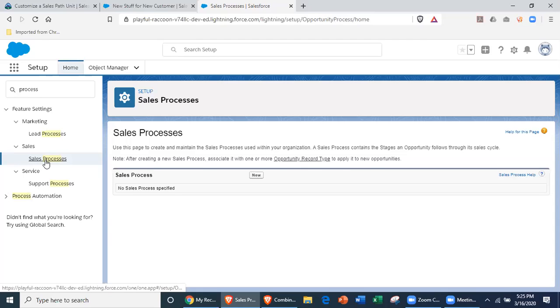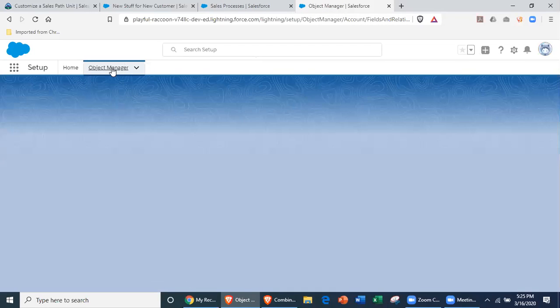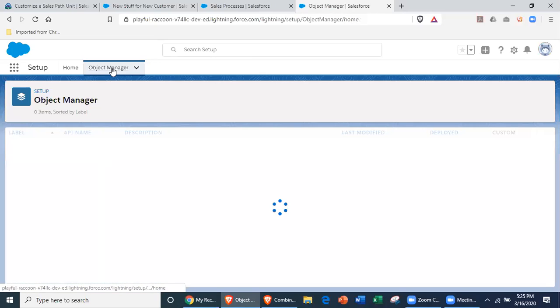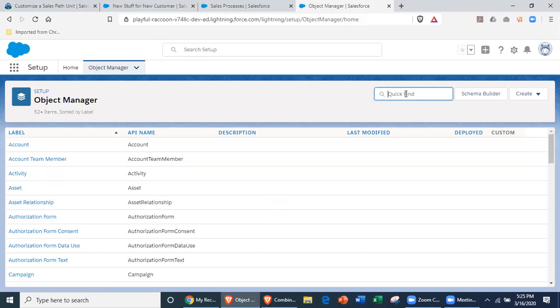And because, remember what record types do. Record types allow you to assign page layouts and pick list values to different types of records in the same object. Well, a sales stage is a pick list value, but it's not your normal everyday pick list value. Let me show you this real quick before we go too far. If you go to the opportunity object,